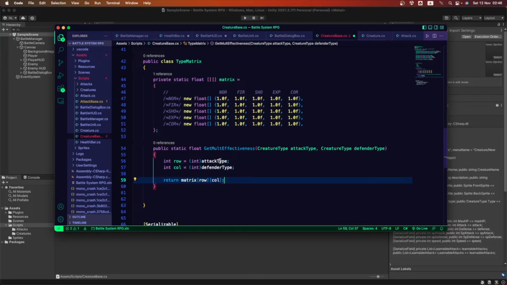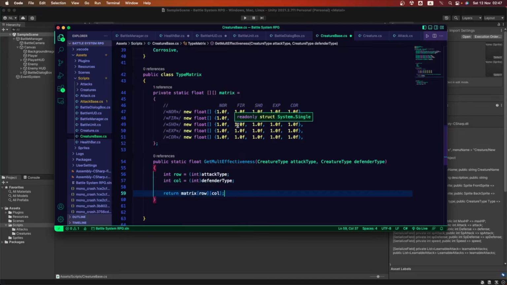Okay, so there it is. Now we have our method to get the result of what one type of attack is gonna be doing to whatever type of creature. Okay, so let's set this up here right now before going into doing anything else.